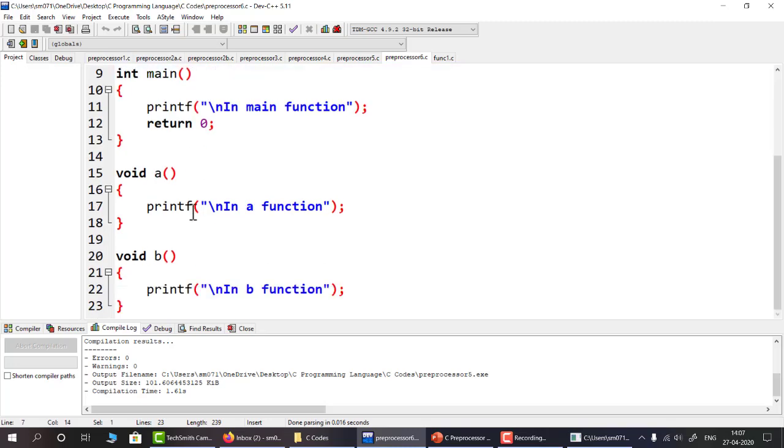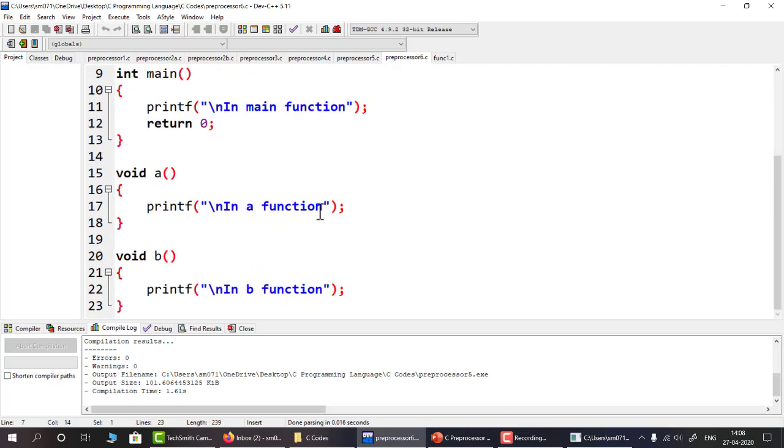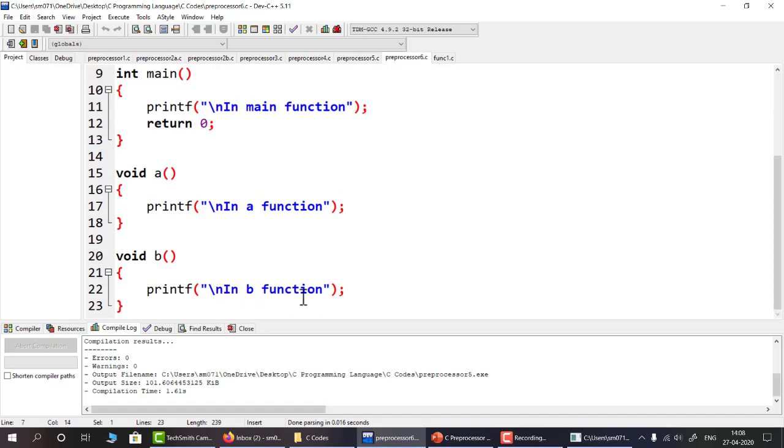You can see that main is not calling A or B. So the output will be in A function, then in main function, then in B function, then it will return to the operating system.